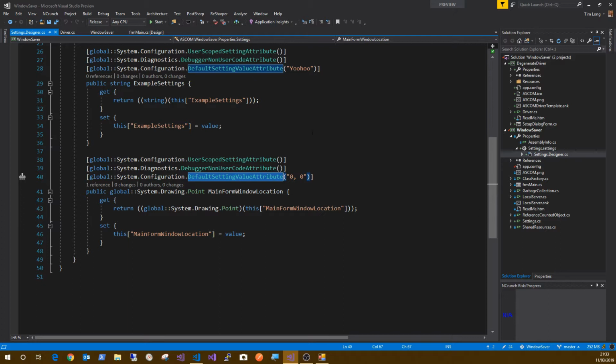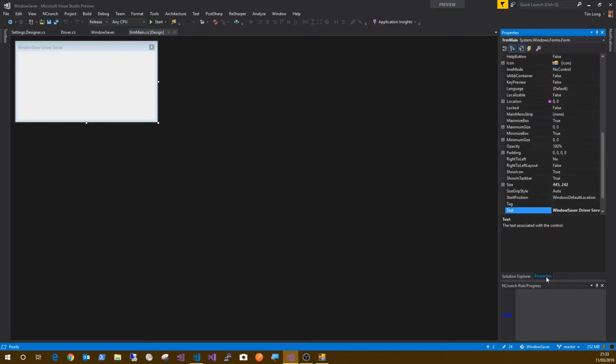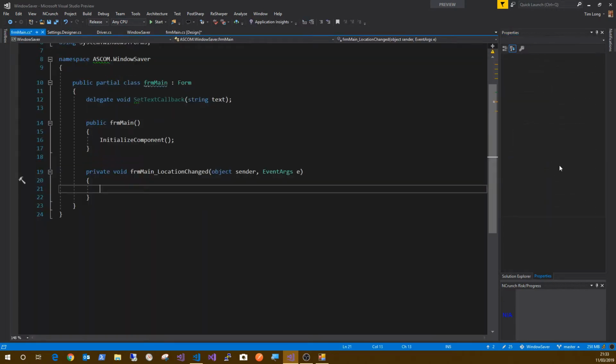Well, the way I generally do it, and there are pros and cons to this, is I go into Properties, into event handlers, and there is a LocationChanged, I believe. LocationChanged, there we go. If we double click that, it creates an event handler for us, and then in this event handler we can just say